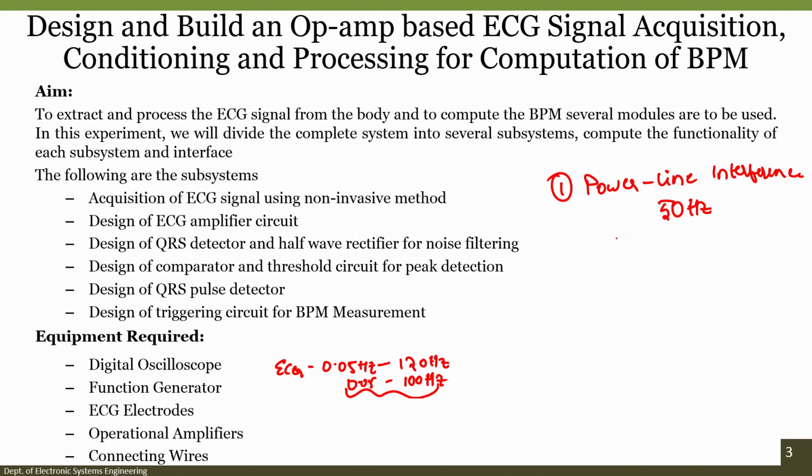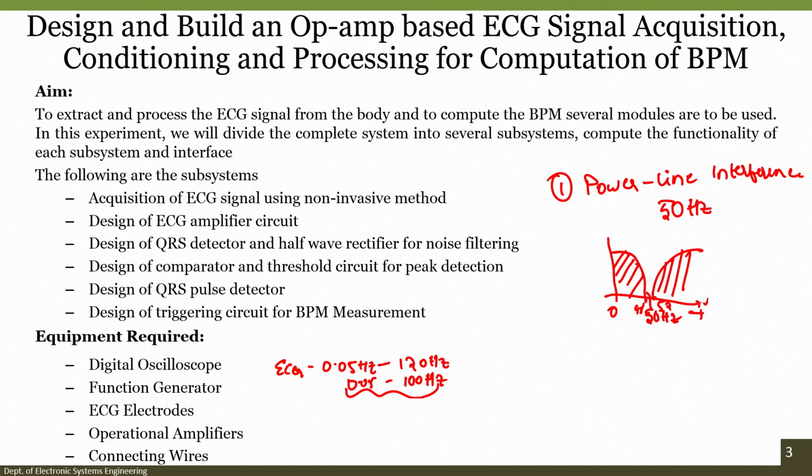So how does a notch filter look? Something like this. This is the frequency which we do not want to allow, and these are the frequencies which will be passed through. So from 0 to somewhere around 48 or 49 Hz we will allow, and again from 51 or 52 Hz till 100 Hz,